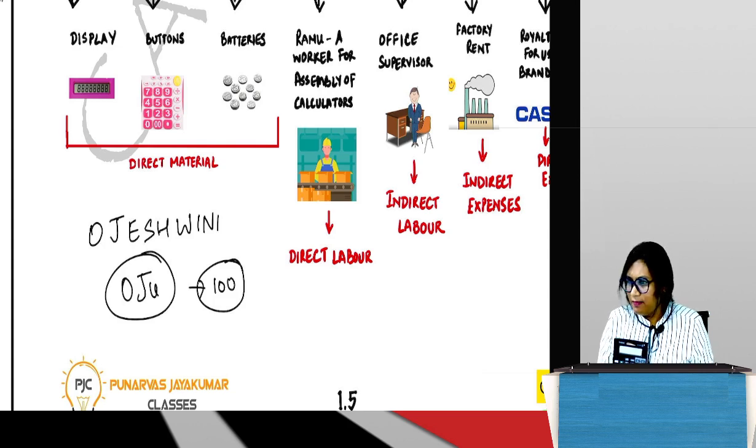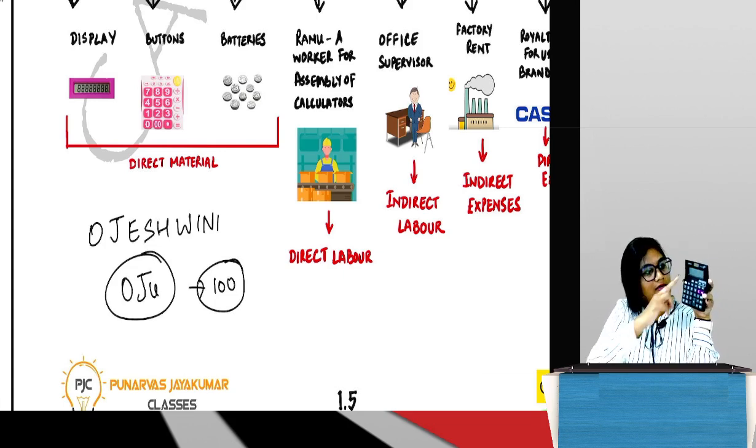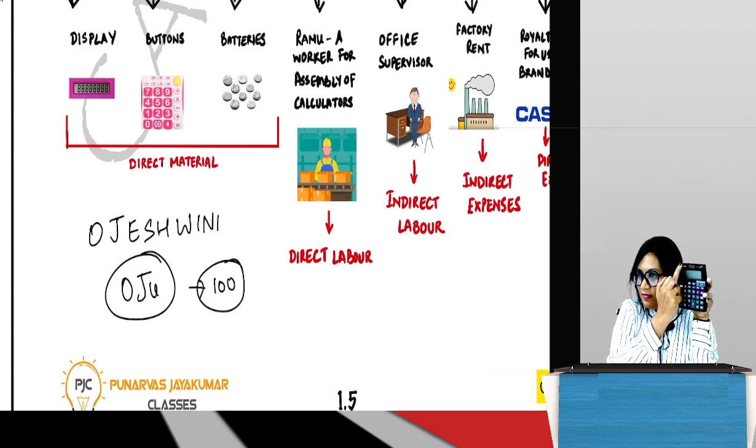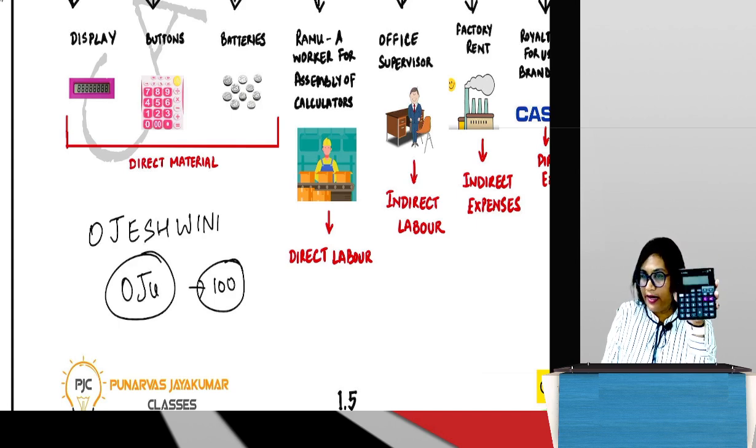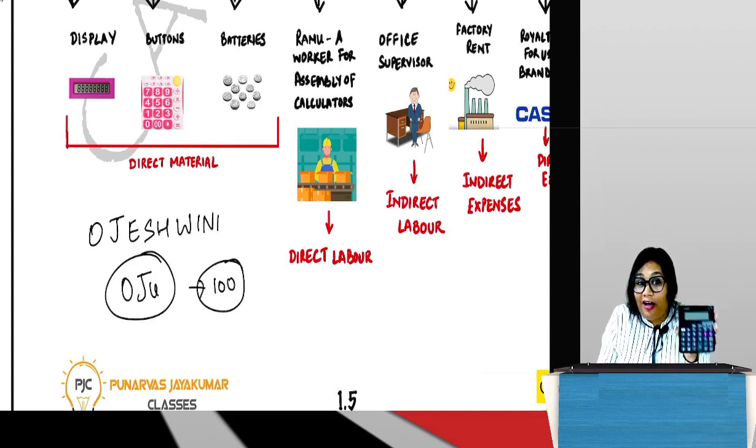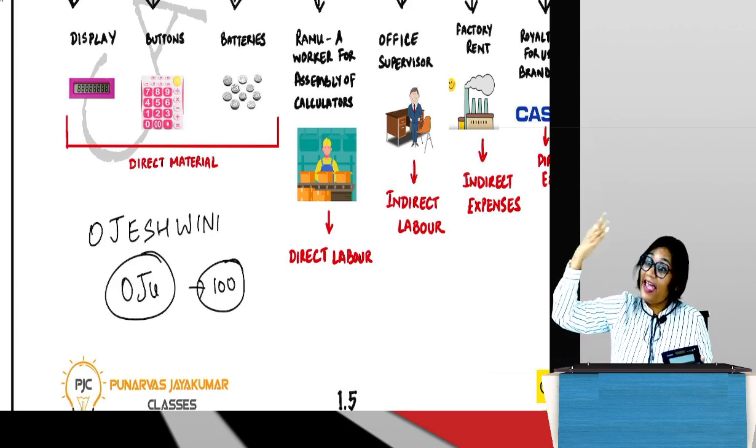So guys, what do you think about this cost? Is it material? Is it labor? Which means it is other expense? Okay. Is it direct or indirect? So when I look at this Casio, you assume this is a sticker. This is Oju's calculator. She has put a sticker. When you look at this, can you not immediately tell me what is the cost of that sticker? How much? 30? So did you calculate anything? You know it, right? You can identify it on a per unit basis, which means it is a direct expense.